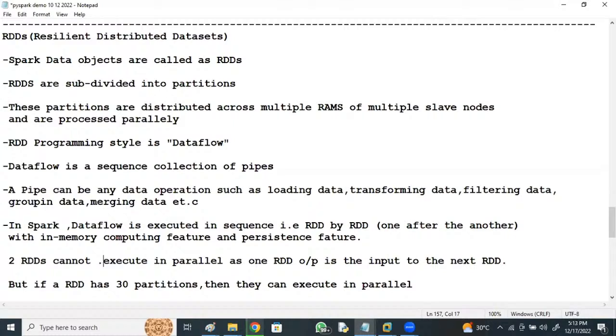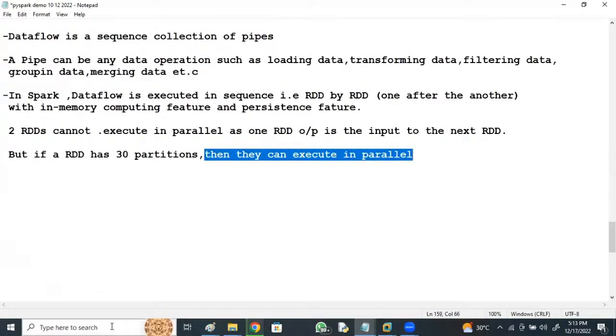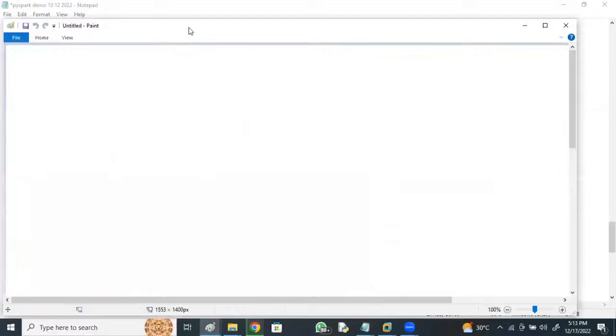Observe this flow, right? If you want to understand these things: if an RDD has 30 partitions, then they can execute in parallel. Observe, is 30 the limit? For example,